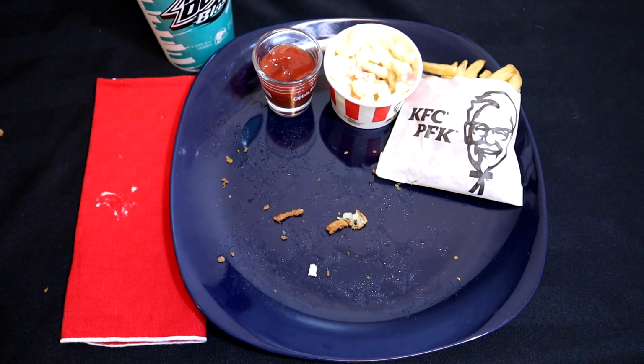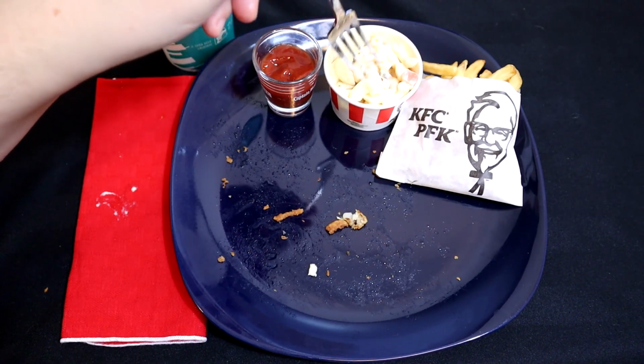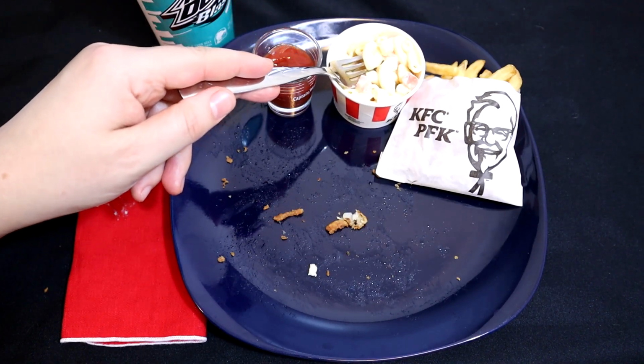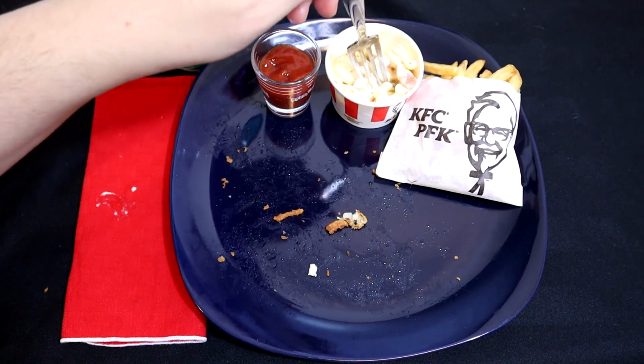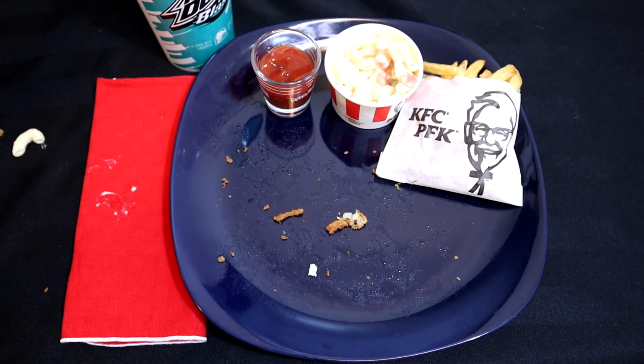Yeah, my brother used to love this stuff. I still do. I remember when we were kids, and I think we went shopping with our parents or something like that, and it was getting late, so we'll just pick up KFC on the way home. And me and my brother were starving, so my dad comes back with the KFC, and then he puts it in the back seat with us, and then he had to go put gas or something like that, filling up the tank. Me and my brother opened the bag and sneaked some of the macaroni salad out of the thing. Yeah, we thought we were such badasses, but